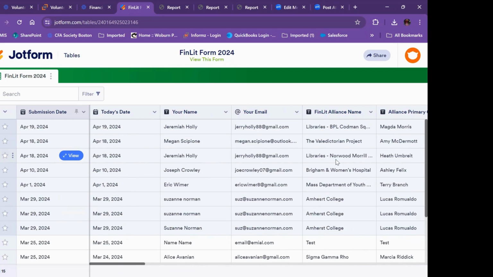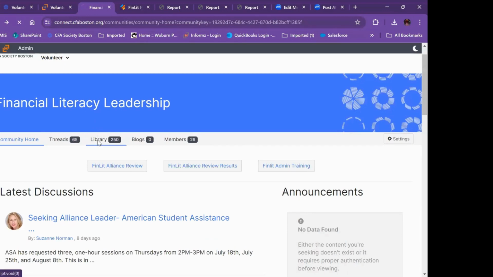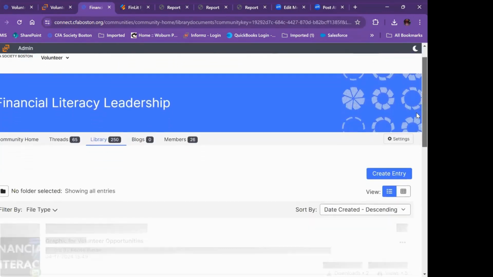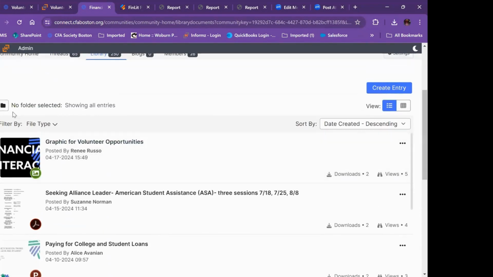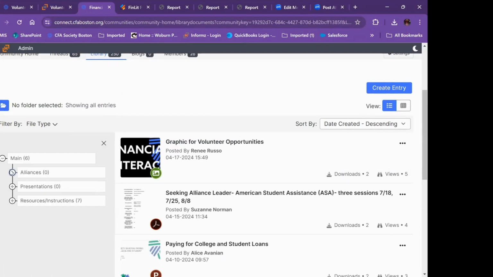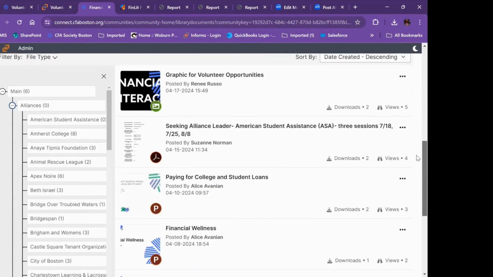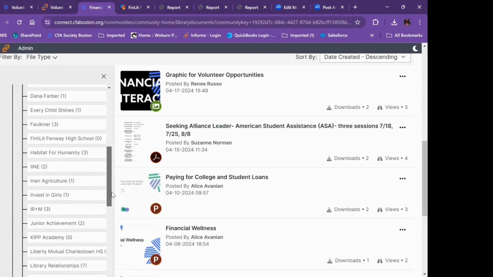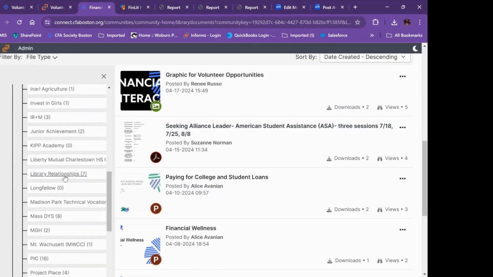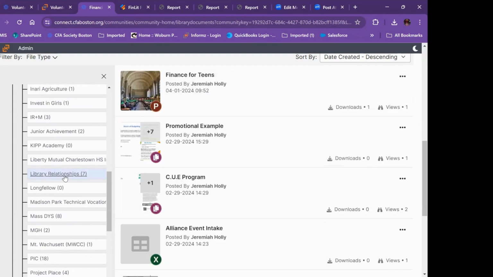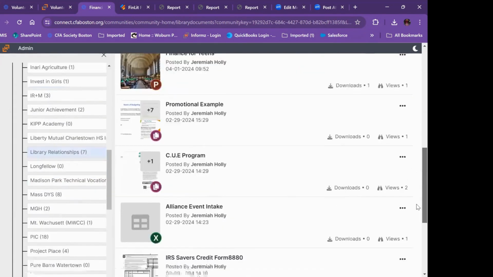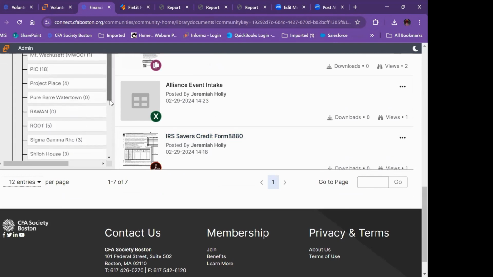So you could then say, okay, I would like to use that presentation as a starting point because the data is probably a little bit more updated than some other things. And you could actually find that in the library. If you go back to the library folder, you click here, you go to Alliances, and then ideally it would be in here. We do a lot of work with libraries, so there's a lot of examples in here, or you may be able to